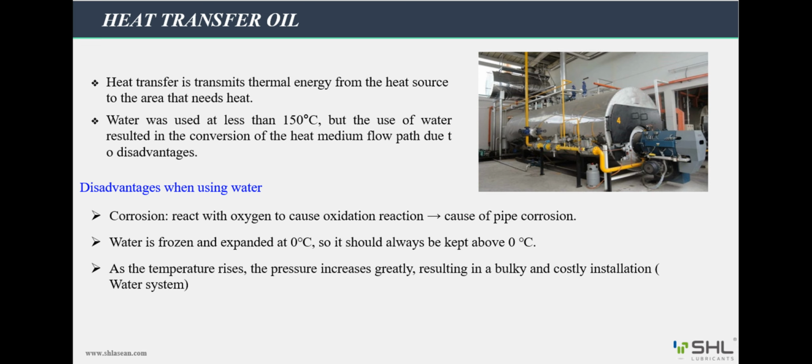When it comes to heat transfer substances, people often refer to water, such as steam boilers. But water was used at less than 150 degrees Celsius, but the use of water resulted in the conversion of the heat medium flow path due to disadvantages. Disadvantages when using water. Firstly, water is cause of pipe corrosion, reducing pipe life as well as causing open pipes